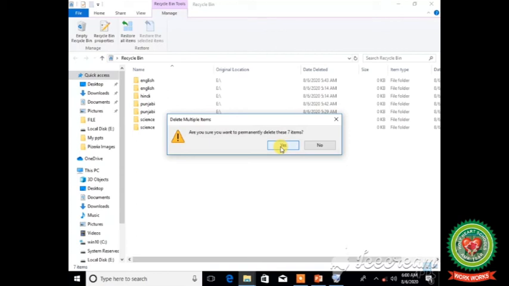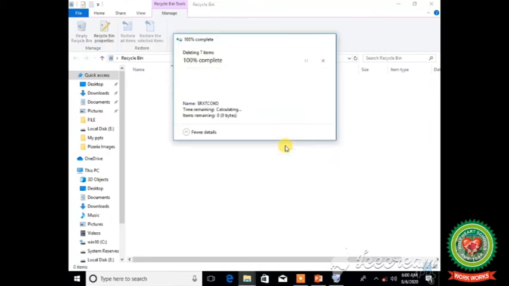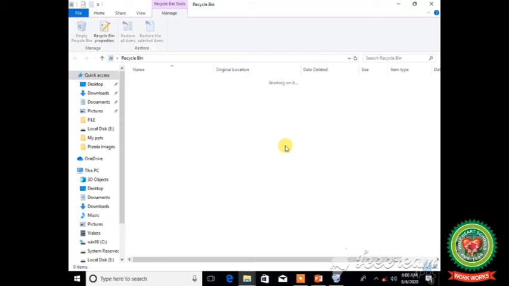And if you do not want to delete, then you can click on the No button also. So after clicking on the Yes button, you can see that my recycle bin folder is empty now.